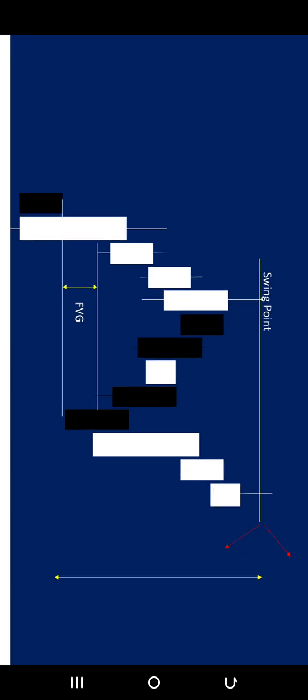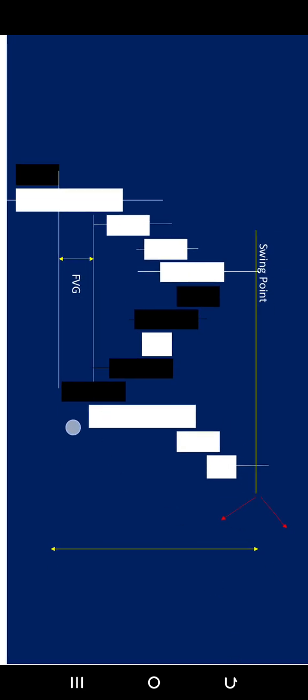You need to have a boundary. So when you are trading, knowing fully well that this is a fair value gap, and it has a tendency of rejecting price, the moment price retraces back into it, it's an opportunity for you to enter the market for a buy. Now, you should be trading within this boundary, from this fair value gap to this swing point, because when price gets here, it is not certain that price will continue. It is also not certain that price will be rejected and reverse.